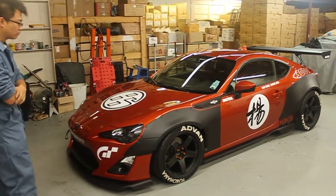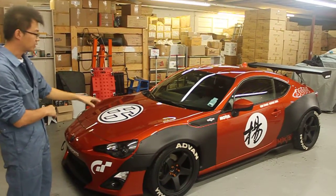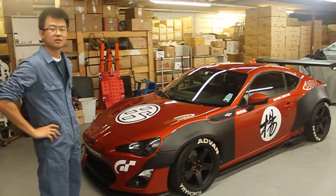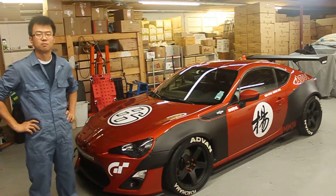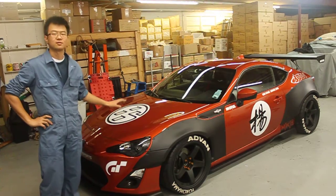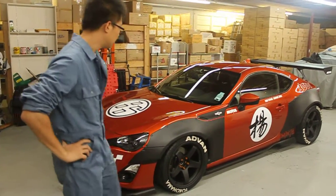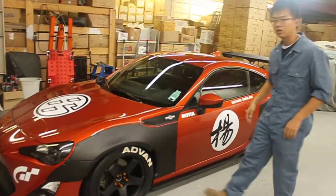And the owner spent a lot to modify this vehicle, including the famous Rocket Bunny kit, the wide body kit from Japan. As a matter of fact, the owner actually waited for that piece for an entire 4 months because it is so popular right now. But it turns out very good, and as you can see, both the front and the rear fenders